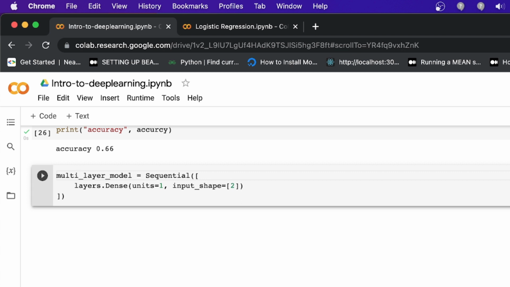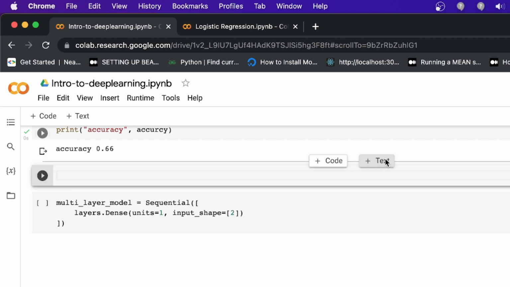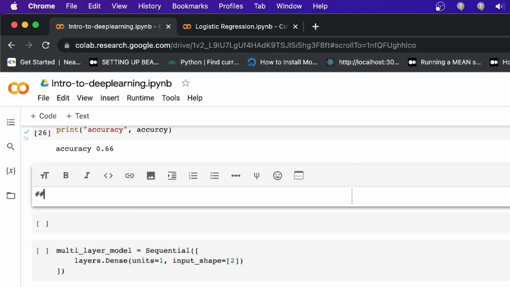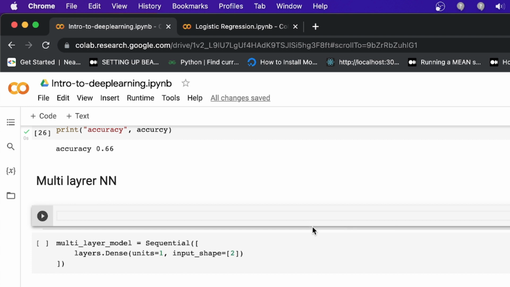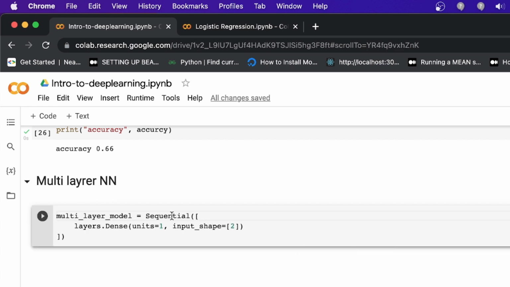Let me add the multi-layer. Let's see what happens after increasing to a multi-layer neural network.